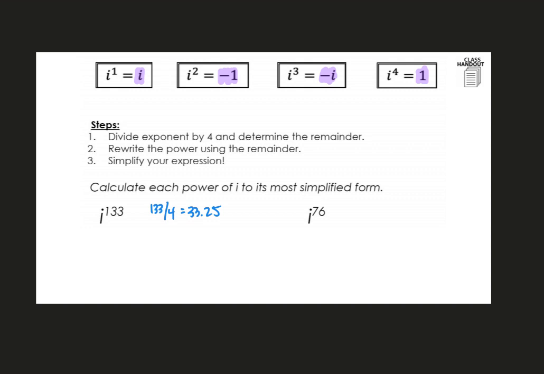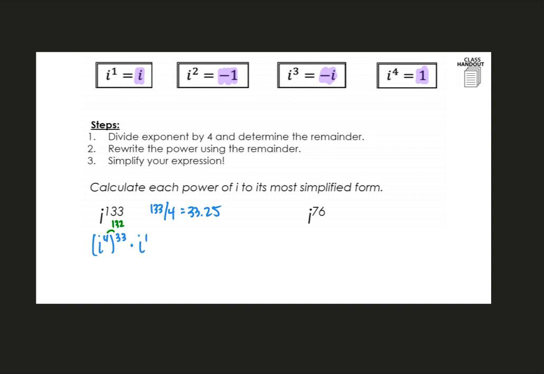So we can actually rewrite this as i to the 4th to the 33rd power. And 4 times 33 will get me to 132, which isn't our power that we need. In order to get to 133, we need one more i, so i to the first power. So 4 times 33 gives you 132, and then plus 1 will get us to 133. So that's how we rewrite it in terms of i. These are equivalent statements. The i to the 133 is the same thing as i to the 4th to the 33rd power times i